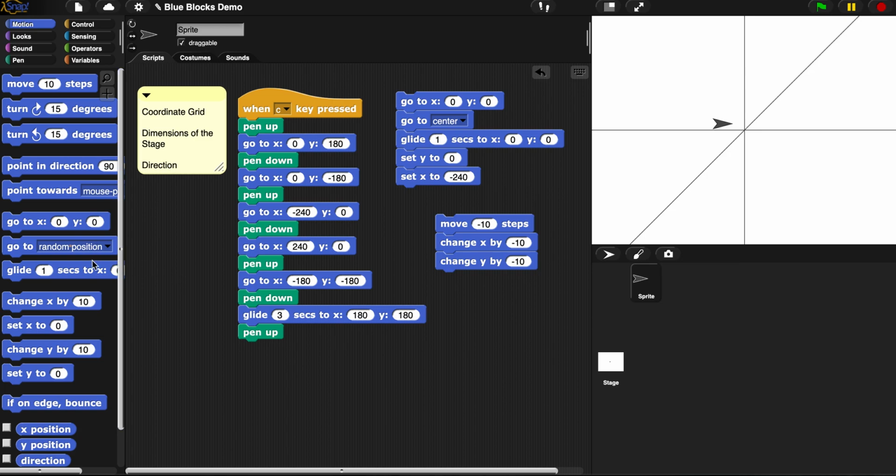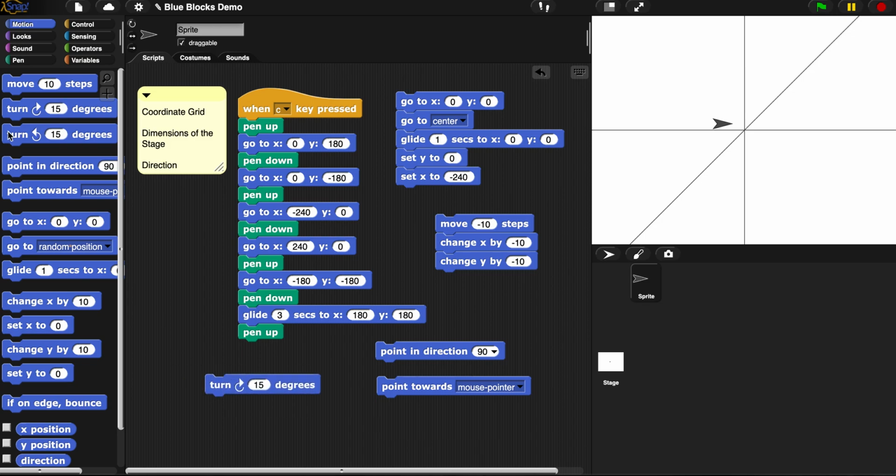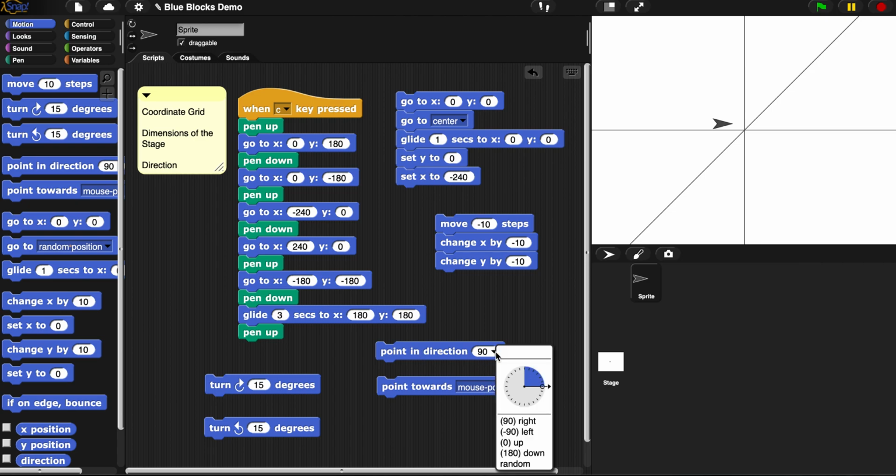And the last thing we really need to talk about is point in direction. So we've got point, we've got turn, and let's see, that's clockwise and counterclockwise. Those are some options. There's a few more handy things we'll talk about after this, then we'll be done with our video. So point in direction is where I want to start,